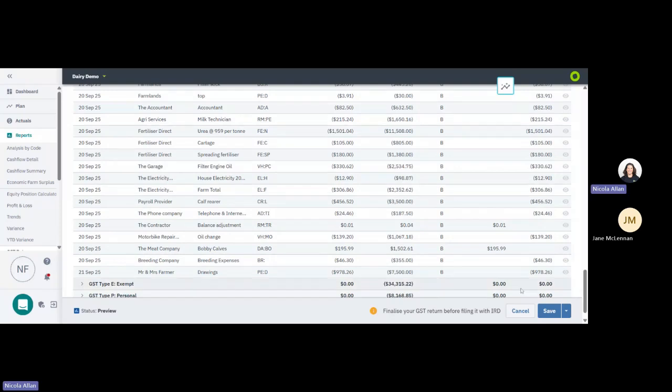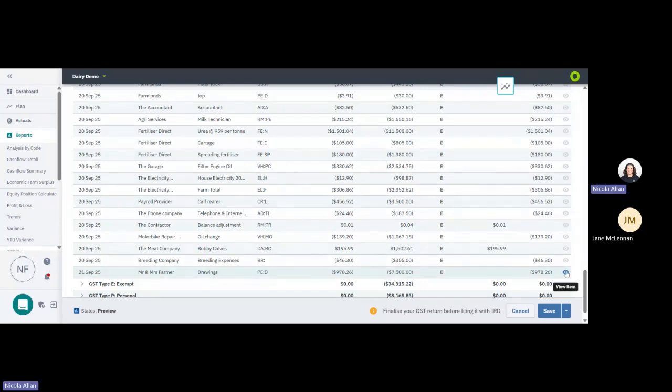All right, whoops, I've noticed some incorrect coding. I can see that I've accidentally put my personal drawings through with a business GST type, which should have gone through as personal. So to make a change here direct from my return,